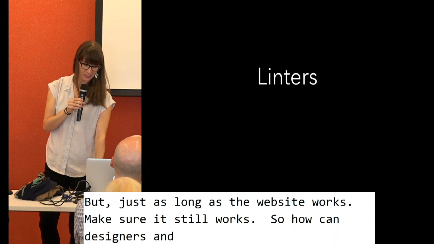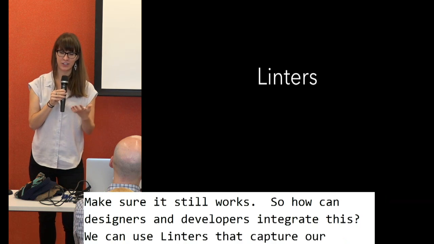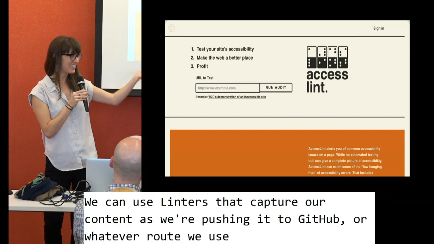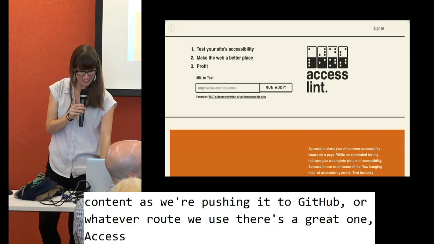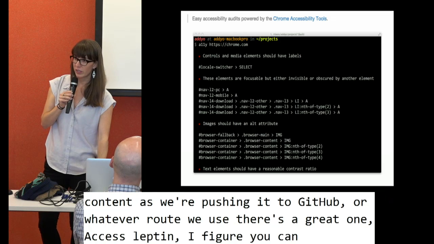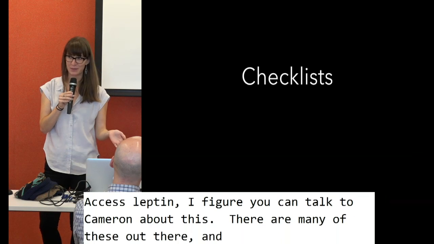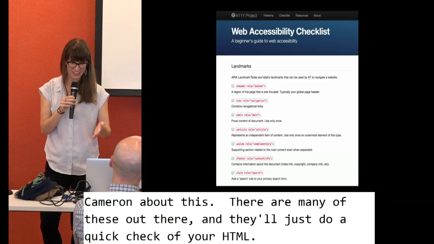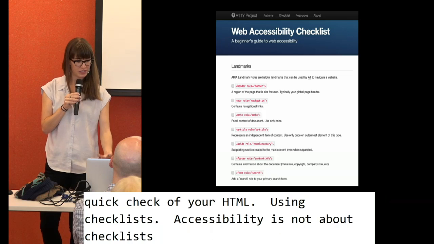We can use linters that capture our content as we're pushing it to GitHub or whatever other route we use. There's a great one, Access Lint. I hear you can talk to Cameron over here about this. There are many others out there, and they'll just do a quick check of your HTML. We can use checklists. Accessibility is not about checklists, but if it helps us in our process, that can be a good thing. There's a great one by W3C and by